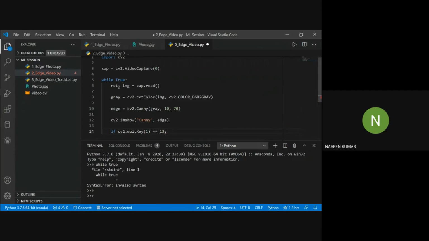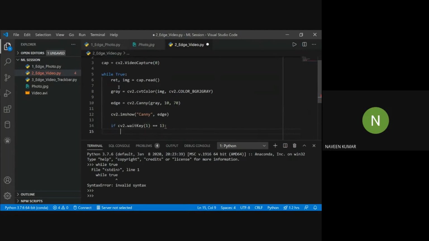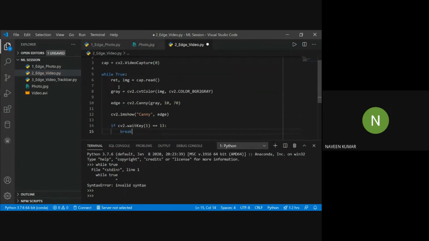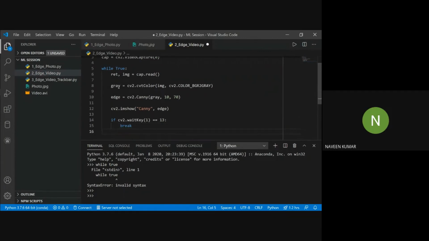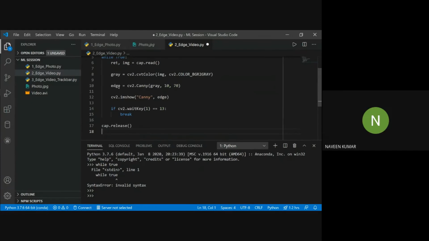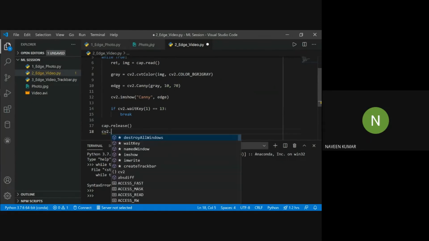We can put any number for the key if you want to change our exit button. So when I press the enter key, it will stop capturing, release the capture from the camera, and we will destroy all windows.